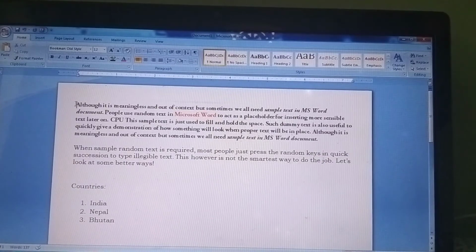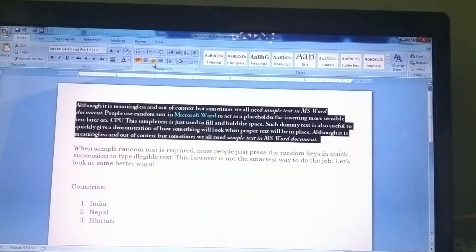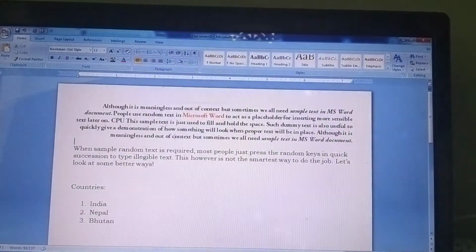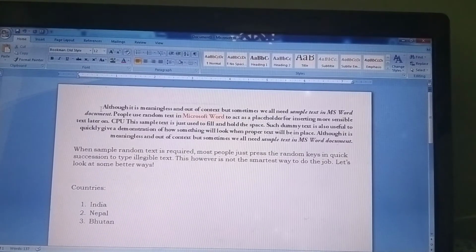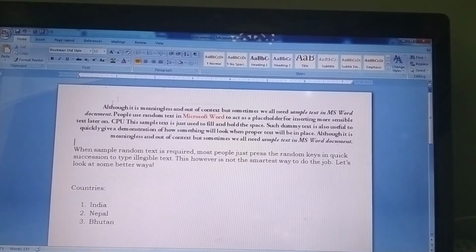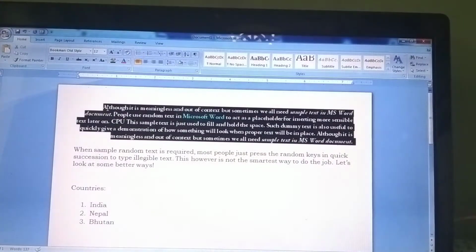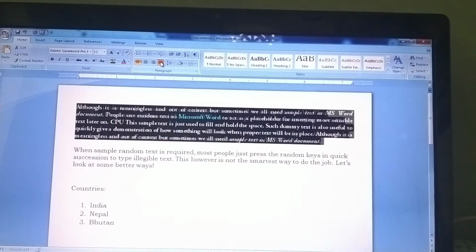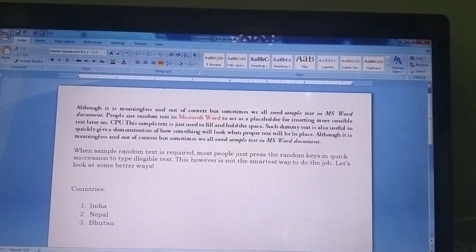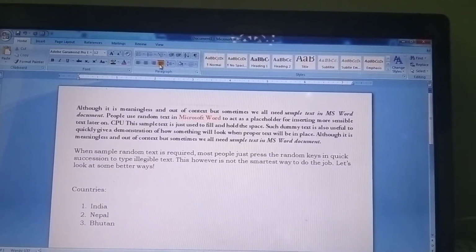The default is the left alignment. Suppose I select the right alignment over here, then you can see the contents have been aligned from the right-hand side, and on the left-hand side some lines are small and some are big, and it is not appearing proper. So again I will change it to left. If I change it to justify, then from both sides you can see the text will appear in the proper way. So this is called justify alignment.